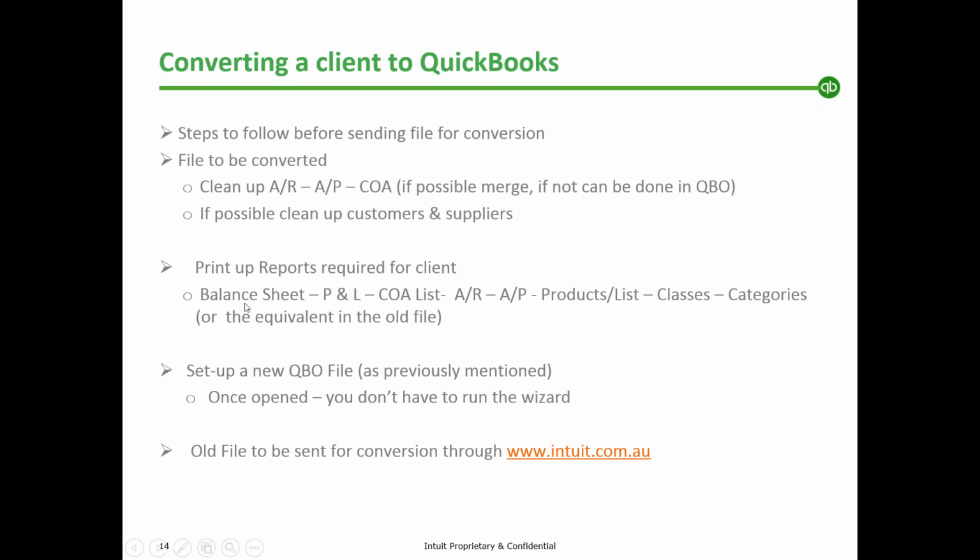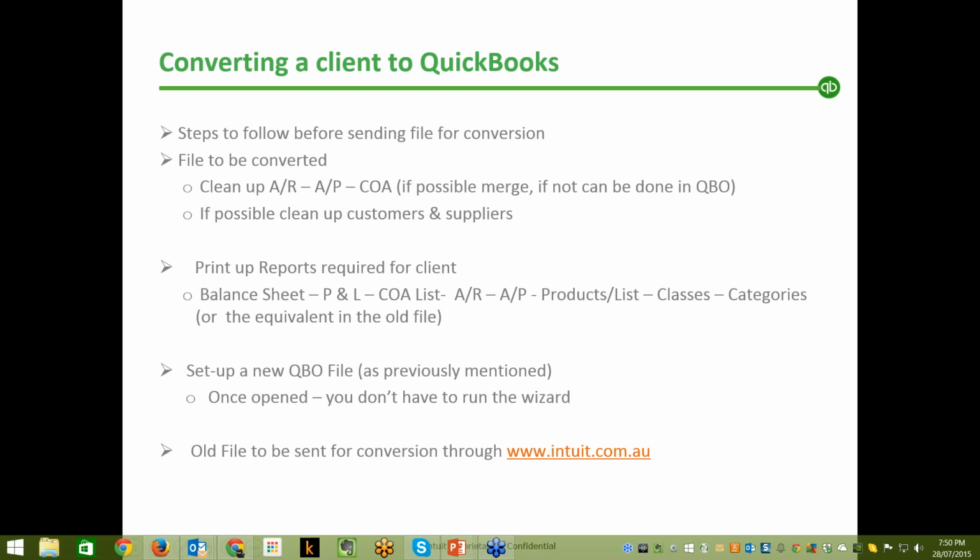So I actually print off my balance sheet, my P&L, chart of account list, the receivables, payables, the product list, the classes and categories, or whatever I've got in my old file that I need to see in my brand new file. I then open up a brand new QuickBooks Online file, as I've previously gone through, and I don't run the wizard. Once I've done all that, all I need to do is go to intuit.com.au,